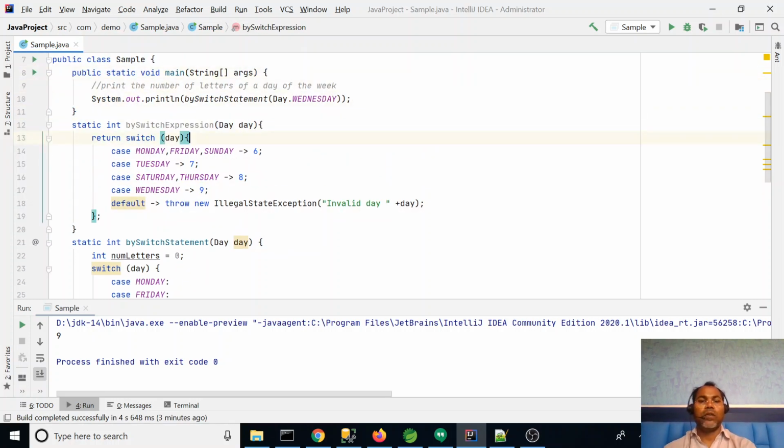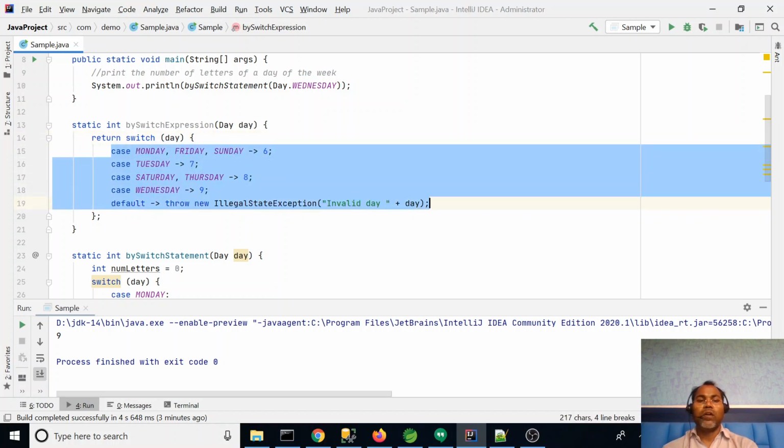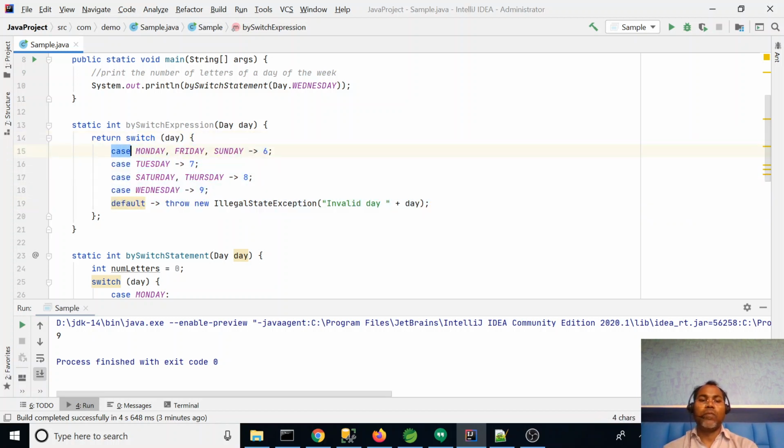You can say that in this case the switch expression returns a value. Whichever case is evaluated, if Monday, Friday, and Sunday is evaluated, then it returns 6. This is the case with arrow. Here you don't need to write break.